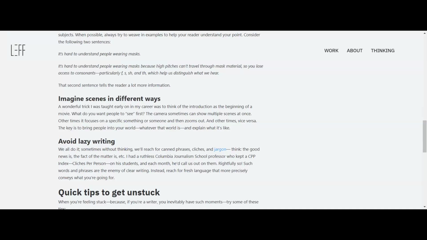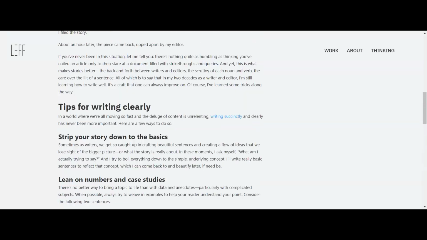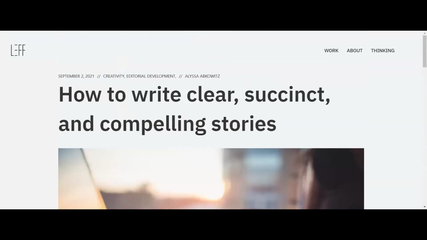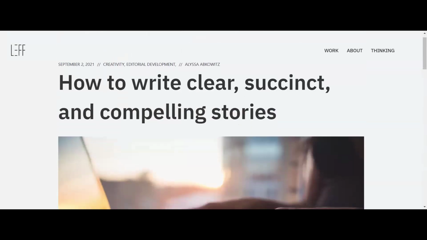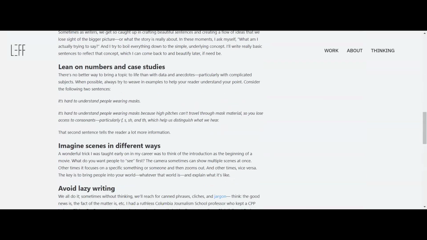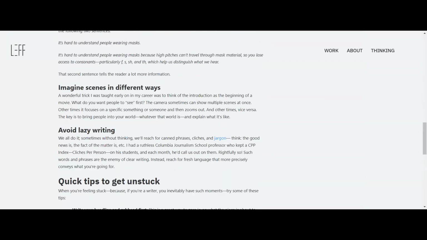Sorry, Bola, I don't know which screen you're sharing. Is this the current one, where you have imagine scenes in a different way? Yes, this one, how to write clear, succinct and compelling stories. I was thinking you were taking notes. Yes, I'll do that now. We're not seeing the notes. Okay, so sorry about that. I'll be switching in between